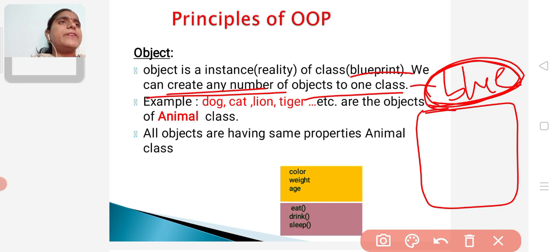Because it is very easy to modify any changes on the paper rather than in reality, right? That's why first he draws the blueprint, and after reaching the final stage of that blueprint,